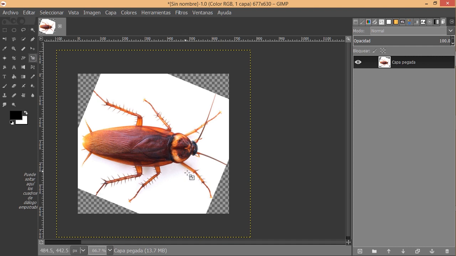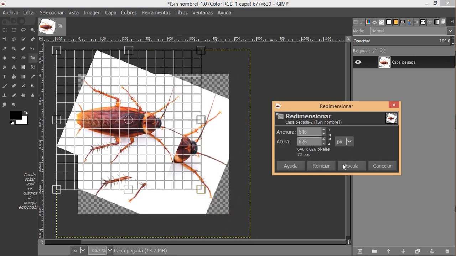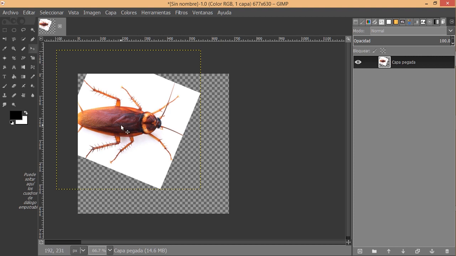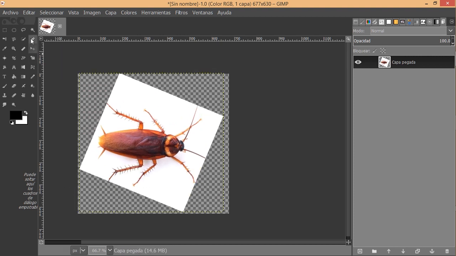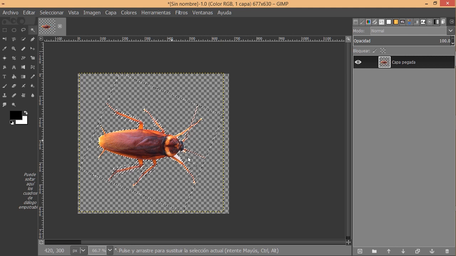Let's scale it a little bit, because we have to change other things also. So we're going to use this one, Shift, maybe some shadows that we need to remove. That's it. I guess that's okay. So then we press delete, or here in Spanish it is suprimir, and more or less, not perfect, but well,